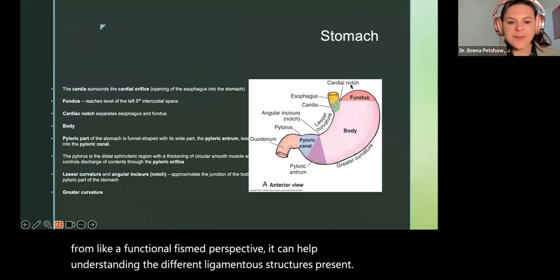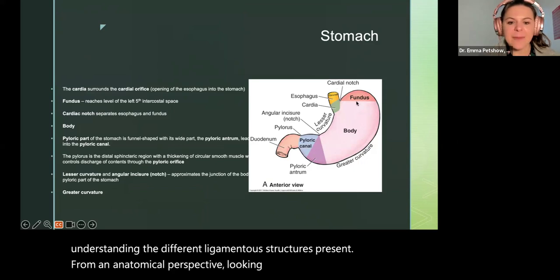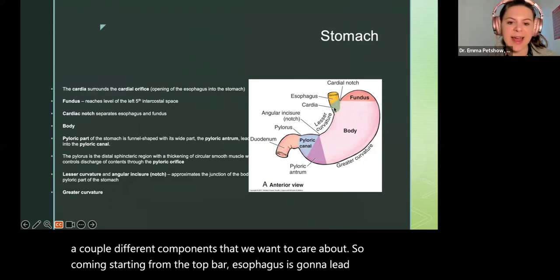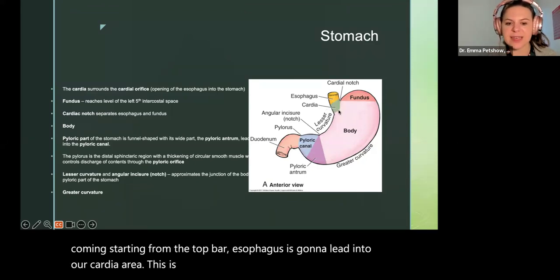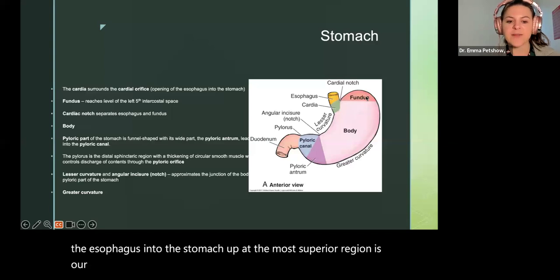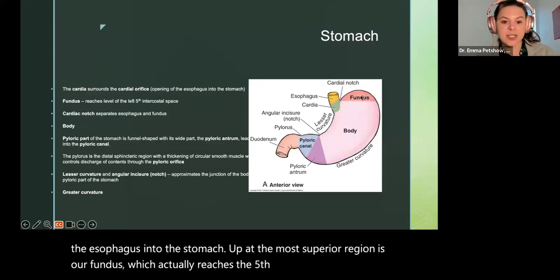From an anatomical perspective, looking at the stomach, we have a couple different components that we want to care about. Starting from the top, our esophagus is going to lead into our cardia area. This is where the cardial orifice is, the opening of the esophagus into the stomach. Up at the most superior region is our fundus, which actually reaches the fifth intercostal space, which we know about